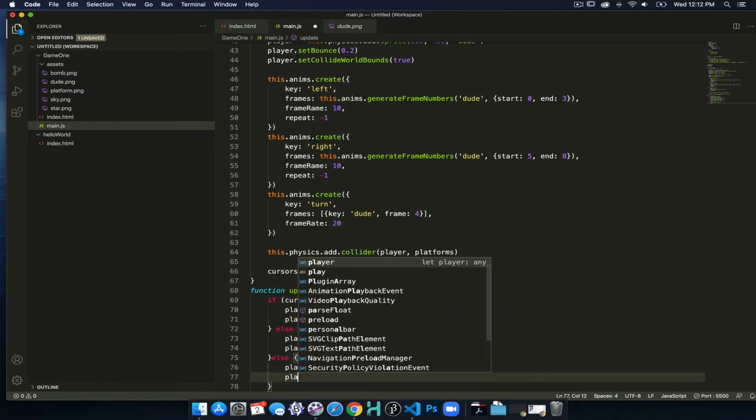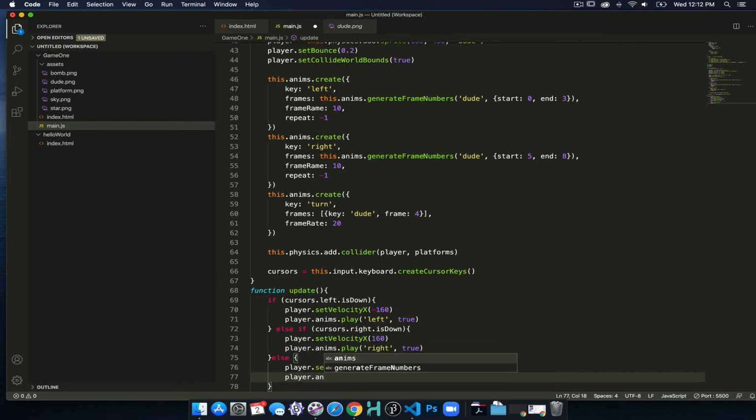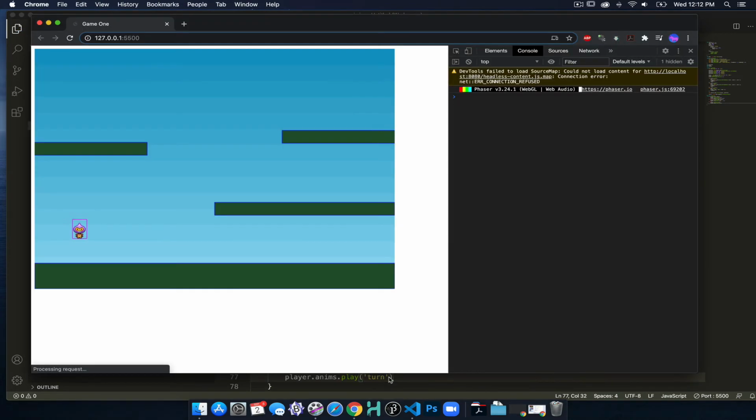Now let's try this one. Player anims.play, and this time, because this isn't a looping one, we can just say turn. Now if I save this, let's go here. Now we're facing forward, left, right. Hey, look at that. Now we can run,